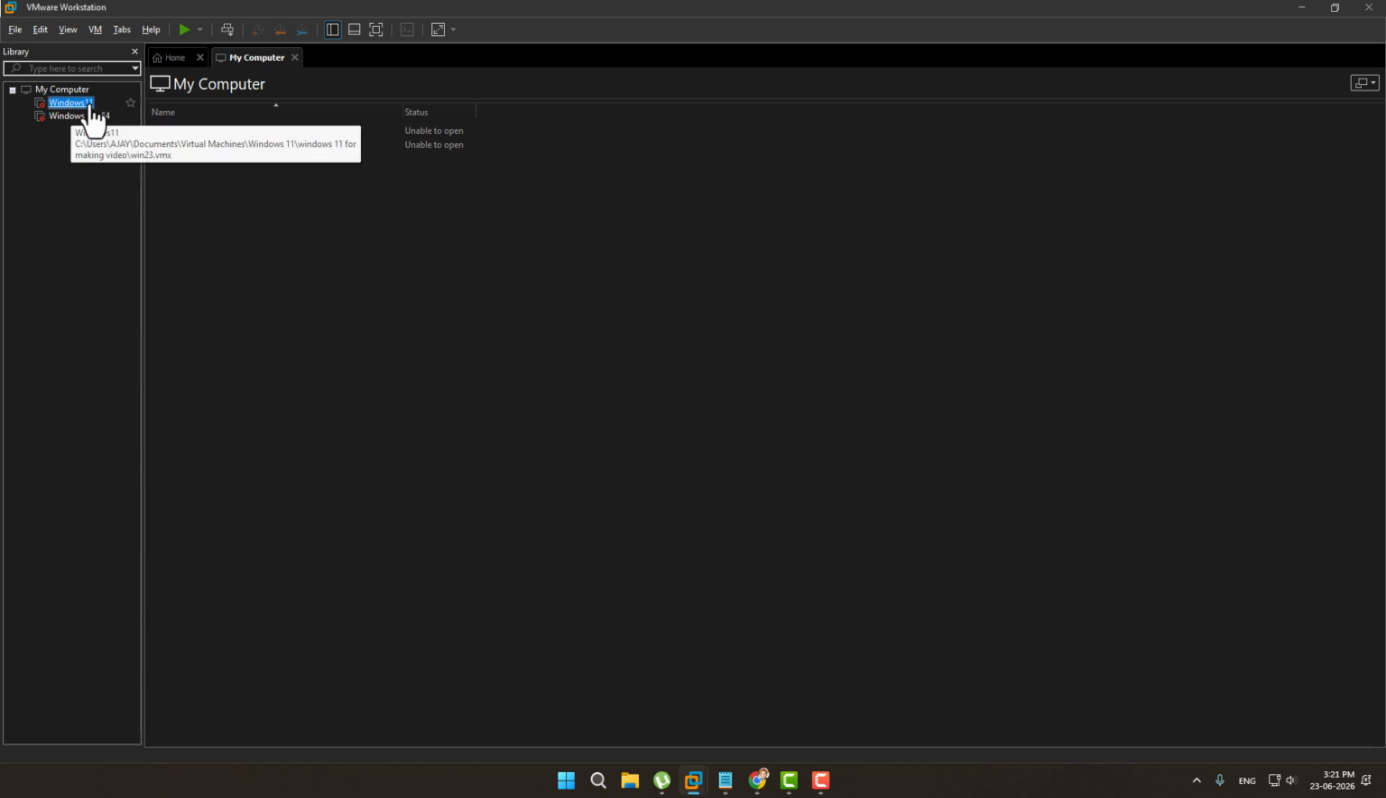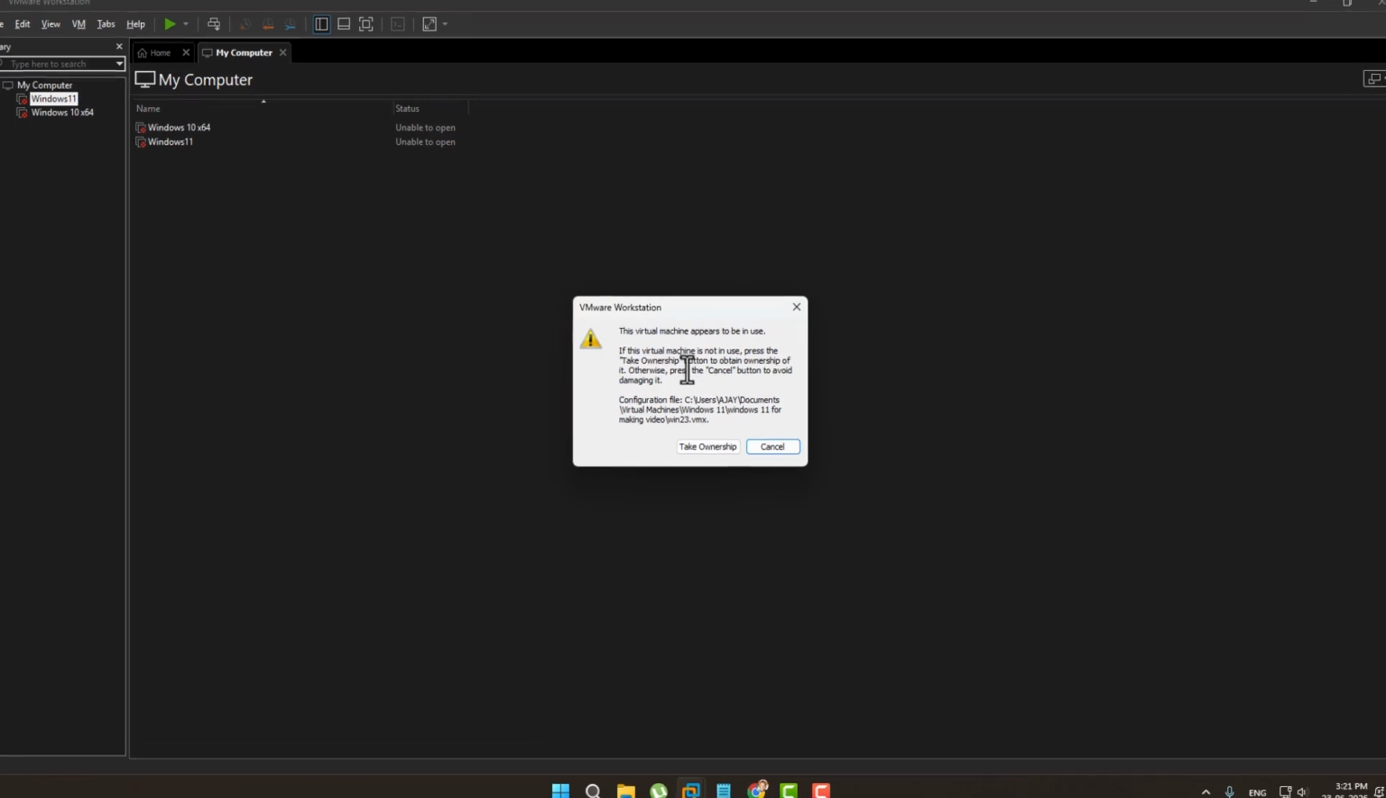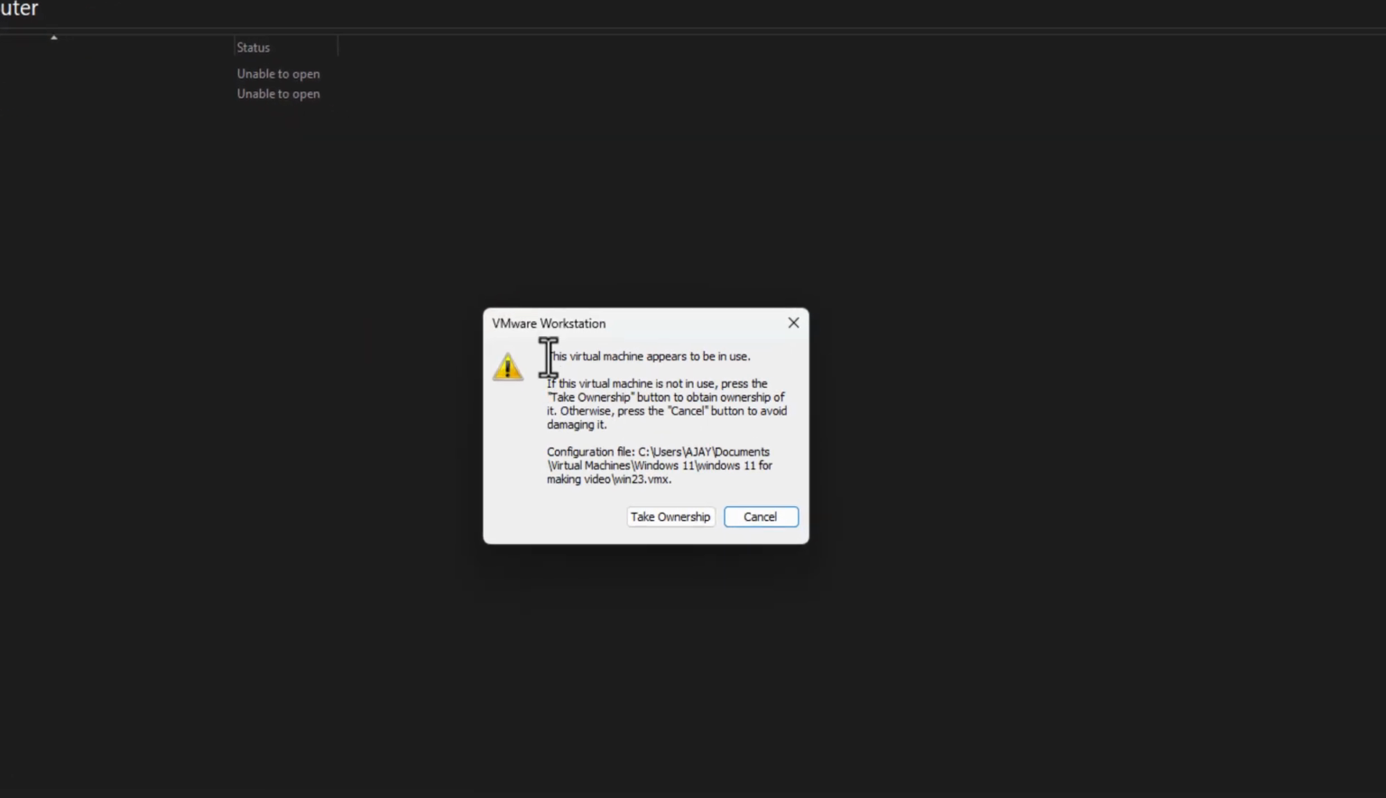Today I tried to open my virtual machine, and when I double click on it, I got this error. The virtual machine appears to be in use. To fix this problem, copy this file path